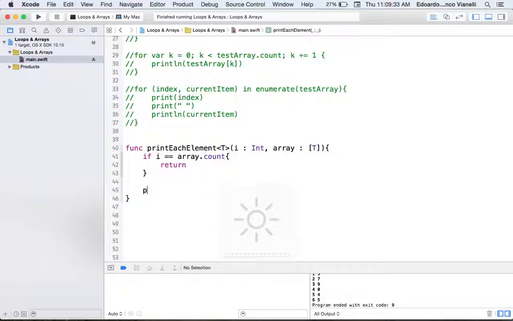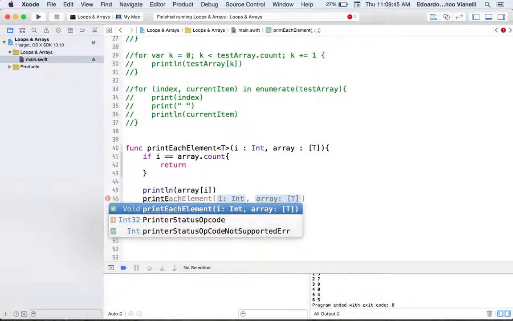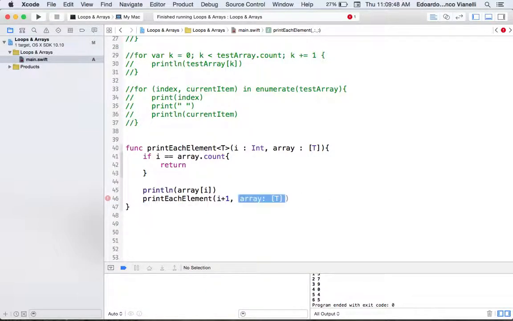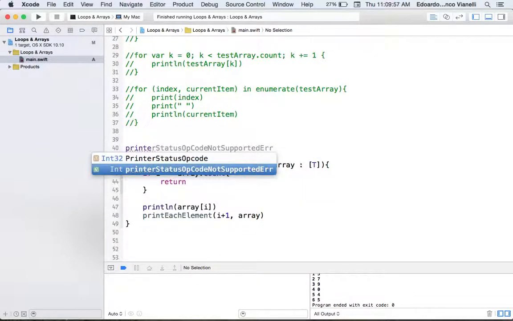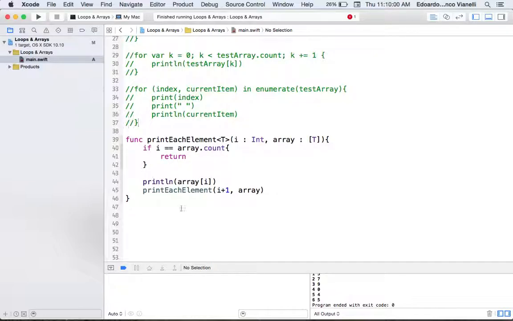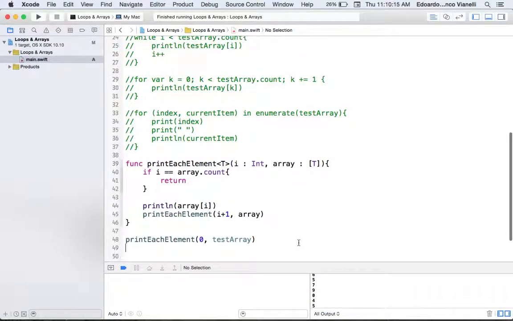If not, first you want to print the item at the current index, and then you want to call the function again, and print the next one, and so on. So if we call print each element, test array. See, it just printed each element just like